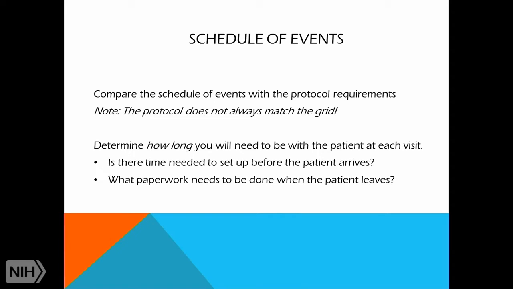Now, I'm not talking about preparing the study binder and preparing all of the source documents. I mean, that should have already been done. Remember, we talked about a startup fee for that stuff. So this is only things that are related to the per patient budget. So if they have to go in and they have to get an EKG machine ready or something like that, we want to take all that in consideration when we're doing the budget.